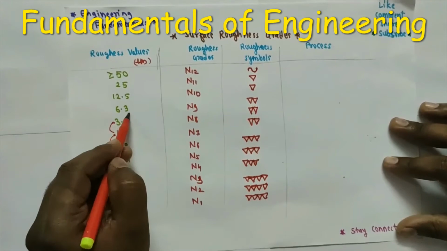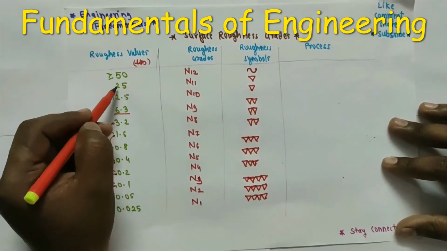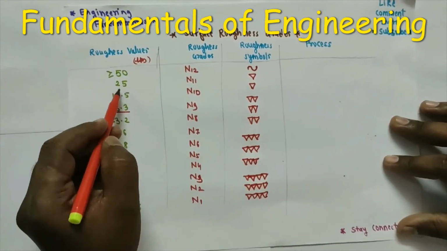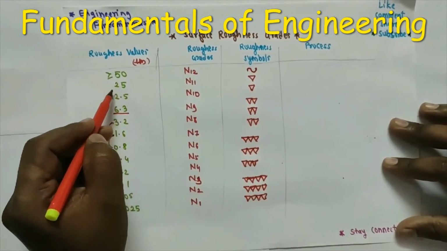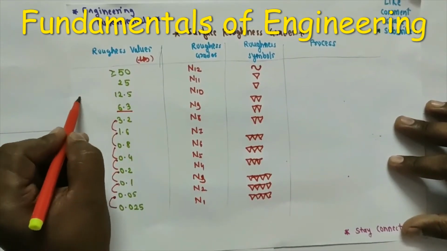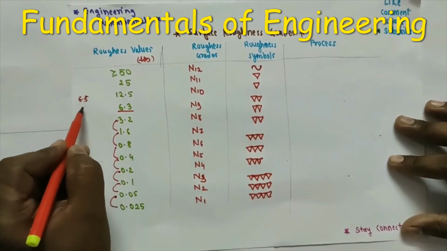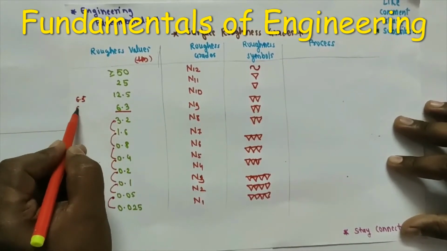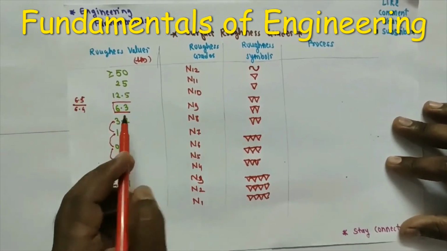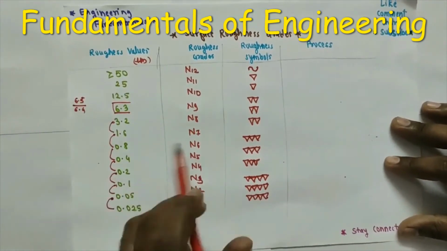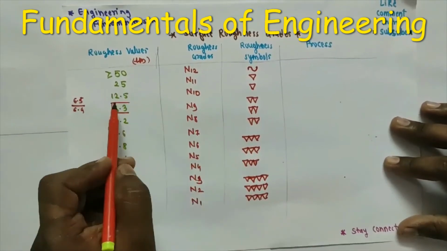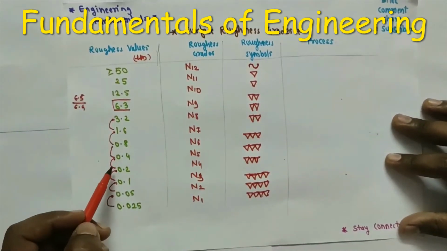Now to get this 6.3, here we have doubled it. Now we have to take a half, that is 50 is double of 25, 25 is double of 12.5, and we are getting 12.5, then something like 6.5, and if you double it then we are getting 6.4. So in between, the middle value is noted down as 6.3. In this way, to remember the grades and the roughness value for each grade, this is a simple trick. In this way we can note it down.